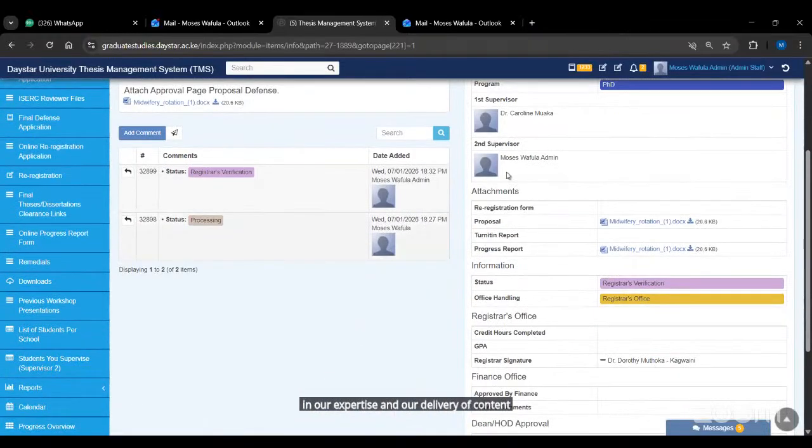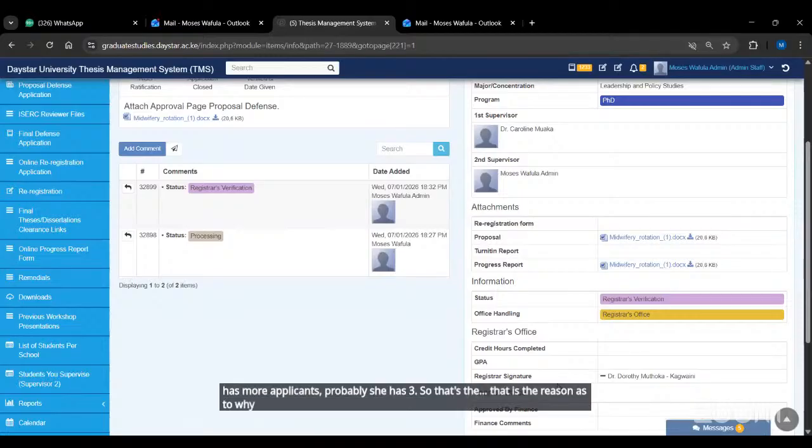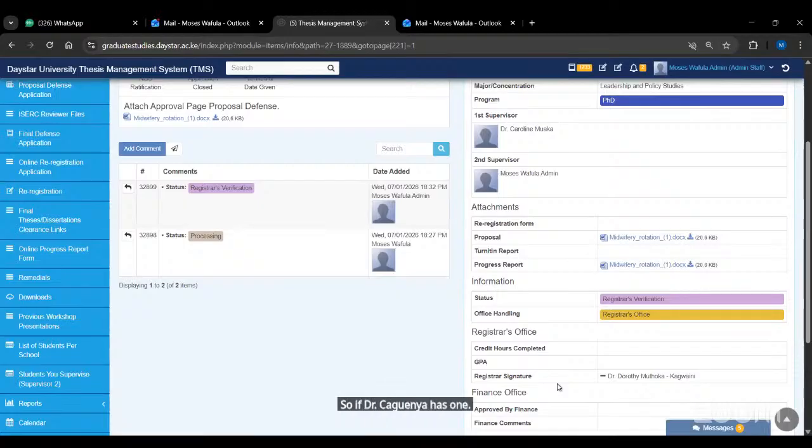and our delivery of content to whichever places. So once I scroll down, the reason I put Dr. Kagweni, this email has been sent direct to her, because Dr. Kagweni has few applicants, and Shifra, there are two people on the system. Shifra has more applicants, probably she has 3. So that's the reason the system uses an equal way to allocate. If Dr. Kagweni has 1 and Shifra has none, the system gives Shifra 1, Dr. Kagweni 1, to balance